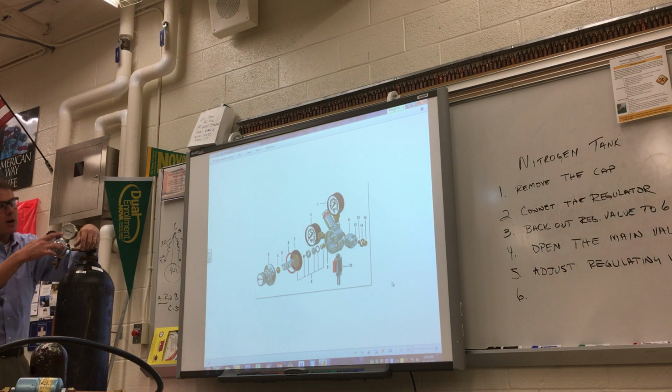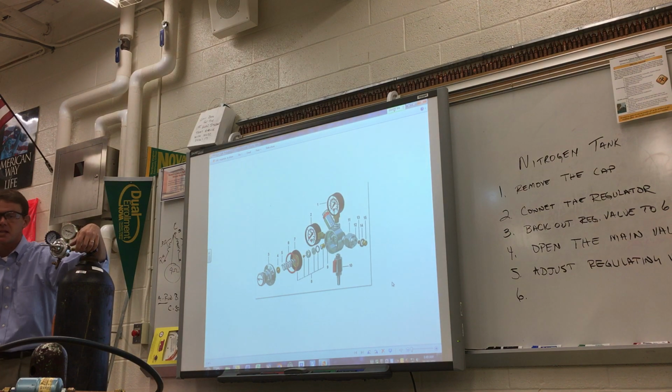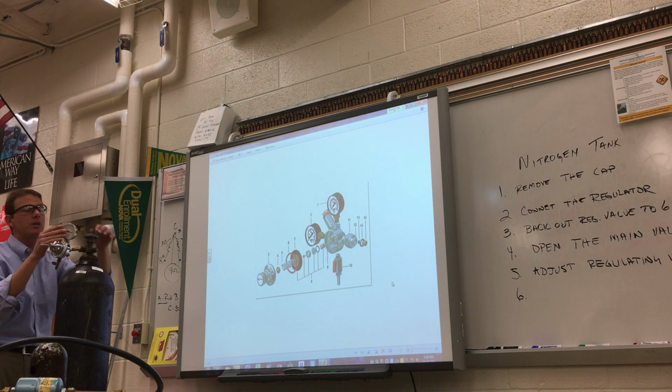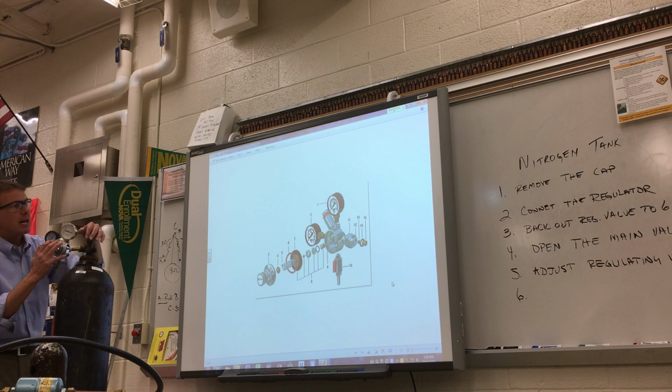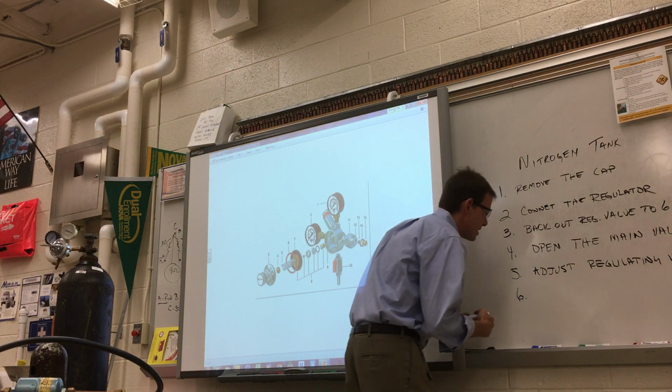Adjust to your working pressure. In this case, it'll be 100 psi. And then connect your project up and put it in the bucket. Okay? Make sure you tighten it up with the wrenches, 2 wrenches, 1 hand before you do it, and then that's it. So now, once you get the adjust set to the pressure, to disassemble it, number 6,